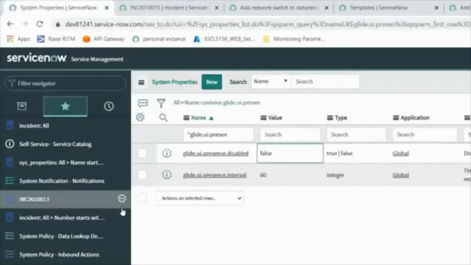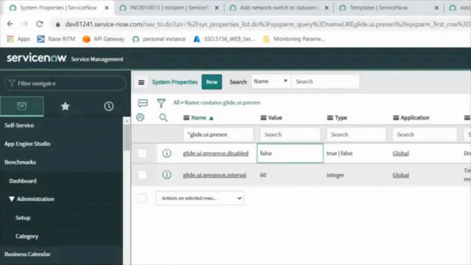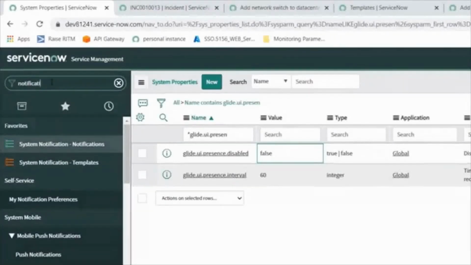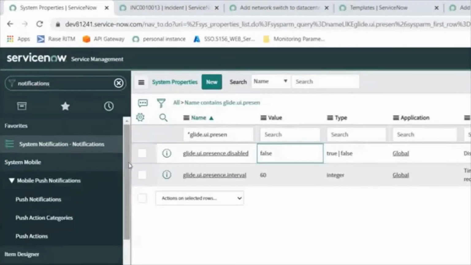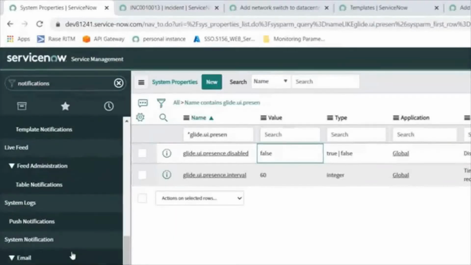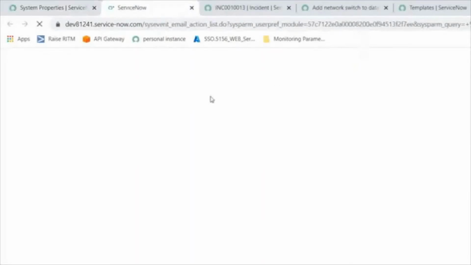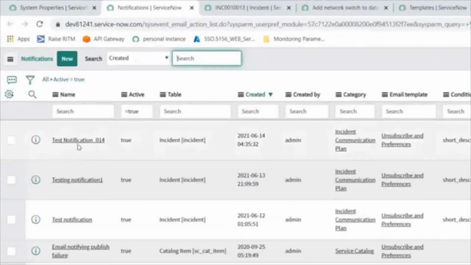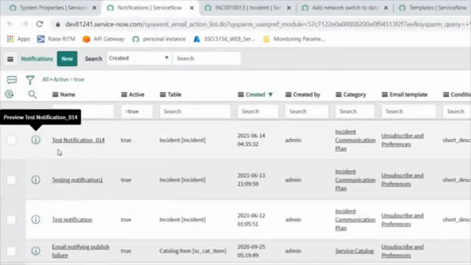Once you click on submit, that notification has been created. Go to the notifications. Search for the notifications which are created, this one, right?